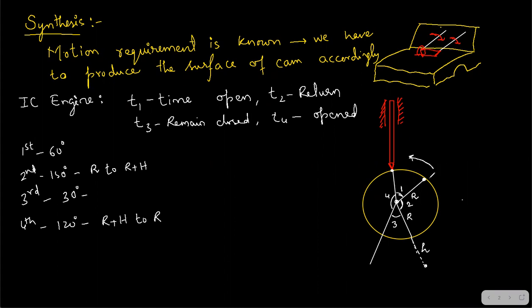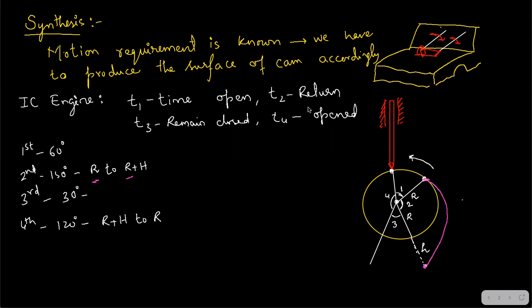Now what did I say? In the second position, let's rotate the cam. Imagine the cam is here. I rotated the cam and the follower is touching here, meaning this point has come to this point. Now what will happen to the follower? In the second part, it has to go from R to R plus H, right? Yes, it has gone. Now rotate this cam till this point. That point will be somewhere here, right?